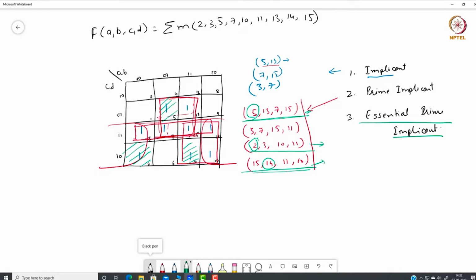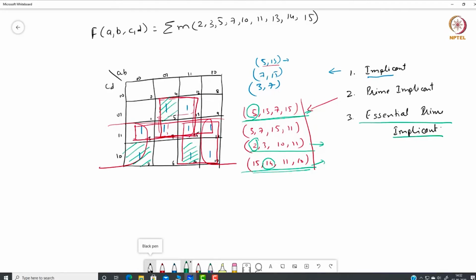So the process is, first we try to find out all the prime implicants, then we find out what are the essential prime implicants. After finding the essential prime implicants, we see whether we are able to cover all the min terms. If we are able to cover all the min terms, then we are done. If we are not able to cover some of the min terms, then for the remaining min terms we will see what would be the optimal solution. So let us see in this case,